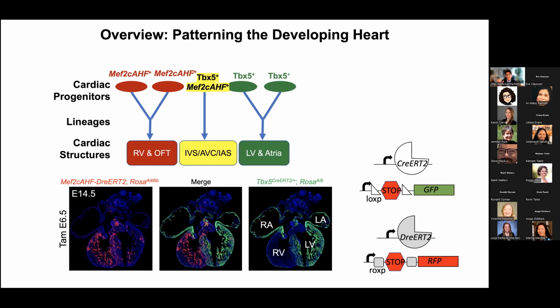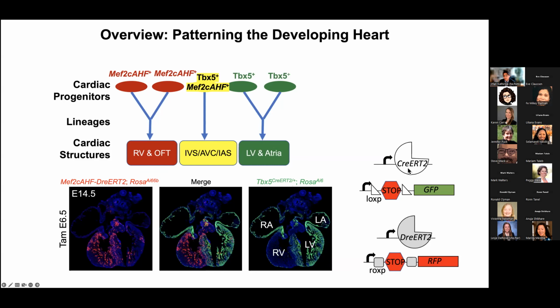In mesoderm, there are TBX5 positive cells that you can mark using tamoxifen. Here we're using a Cre-Lox scheme, where Cre is a recombinase, an enzyme that's fused to the estrogen receptor. So with a ligand, in this case tamoxifen,